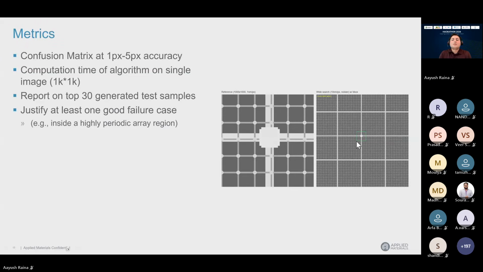Maybe you can do 1 pixel error, 2 pixel error, 3 pixel error. Both the images you are generating yourself, so you know exactly where you have placed the pattern in this image. Once you create these images, you know where exactly this image is supposed to be found, so you know the exact coordinate.